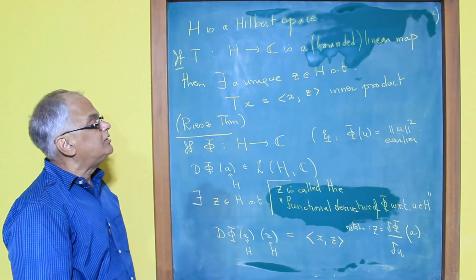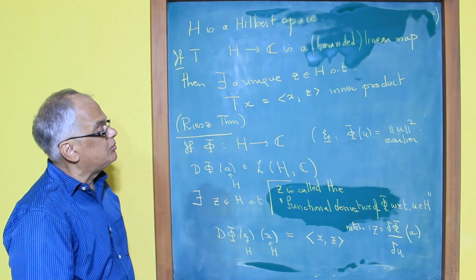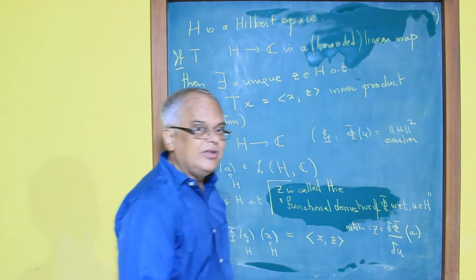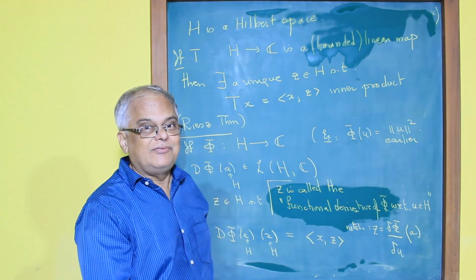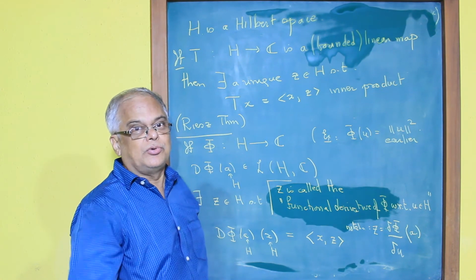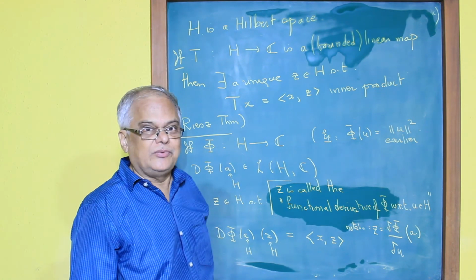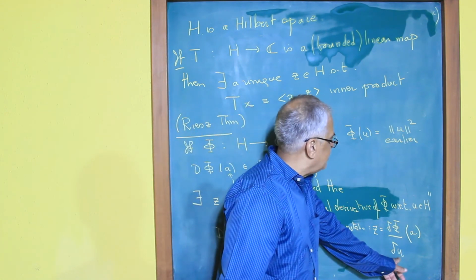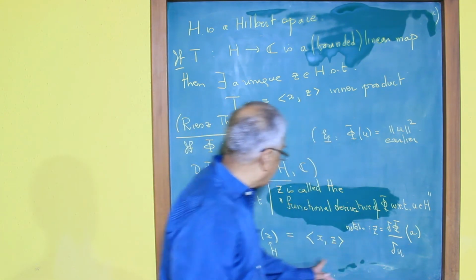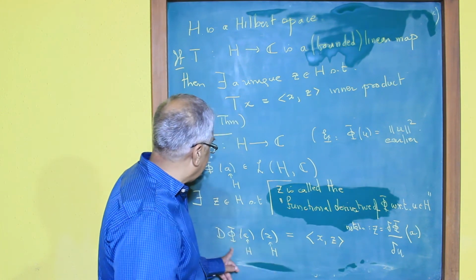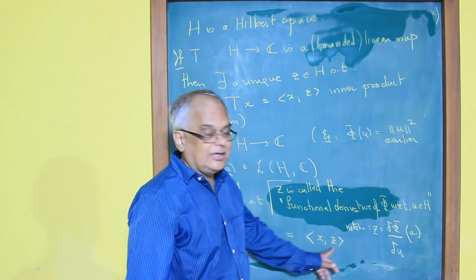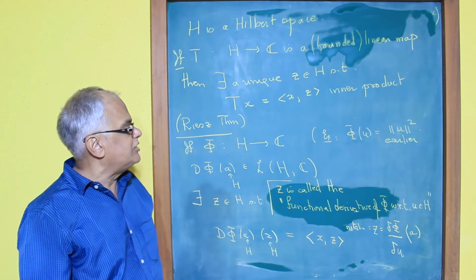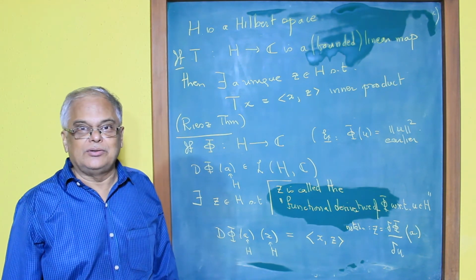So Z is the functional derivative of phi with respect to u, and the notation is that, I hope you understand that I can't write d phi by du, because u itself is an element in the Hilbert space. So what do I mean by du? That is a question that arises there. The notation is that delta phi by delta u at A is the Z. The Z is such that d phi at A acting on X is the inner product between X and Z. So this is the functional derivative of phi with respect to u.